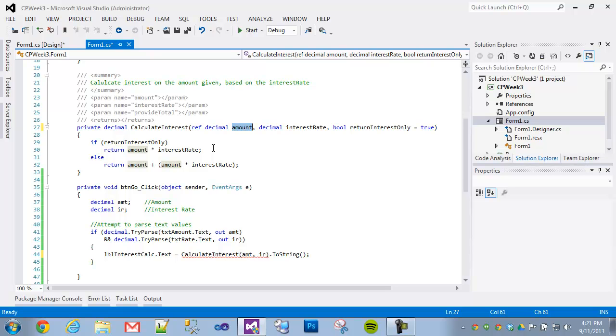So what that does for us is that it gives us this ability to move values in and out of methods, similar to the out keyword,